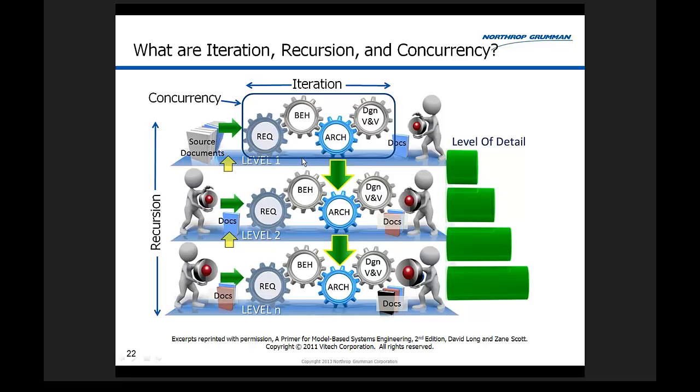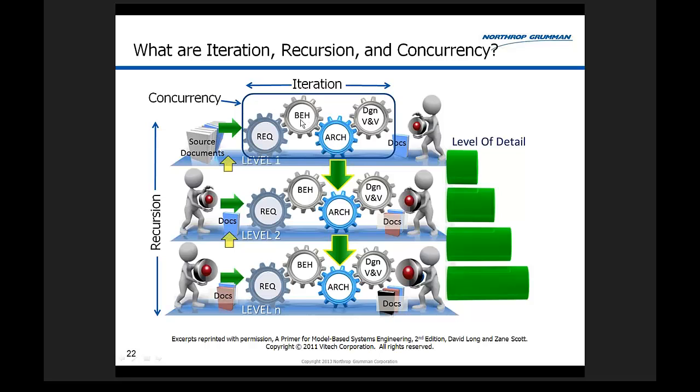I think it's probably the best, most easily understood chart about system engineering process. So here you have level 1. That would be the external level to your system of interest. You have some external interfaces you have to satisfy, and that's level 1. So here we have some source documents coming in, and we have requirements analysis, we have behavioral analysis,